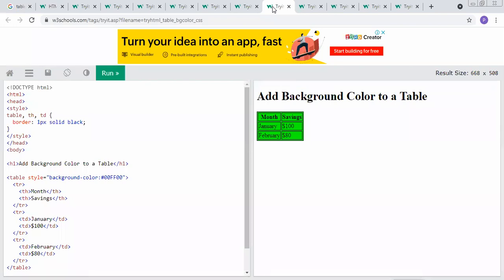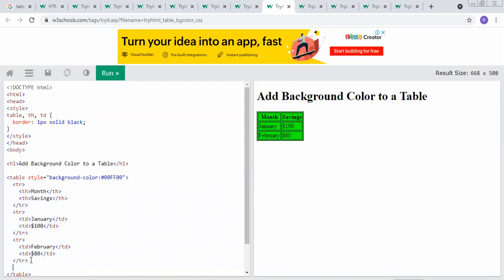Okay, here is the example through which we assign the background color. The same structure is defined to prepare the style for the border. Then in this case, the table has the attribute which is called style. So we can define the table style is equal to background color colon, and we mention that color code through which we give the color.